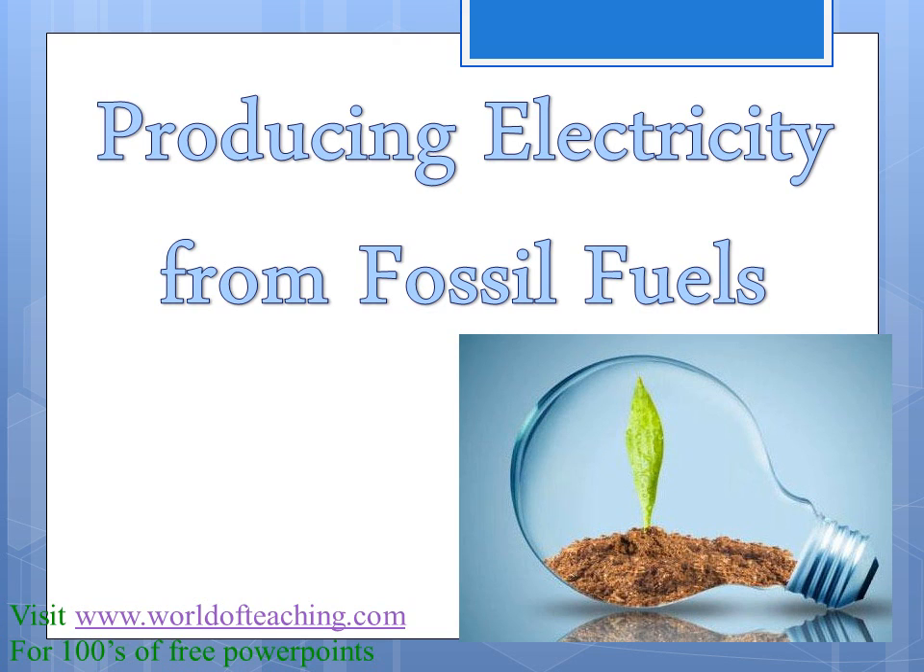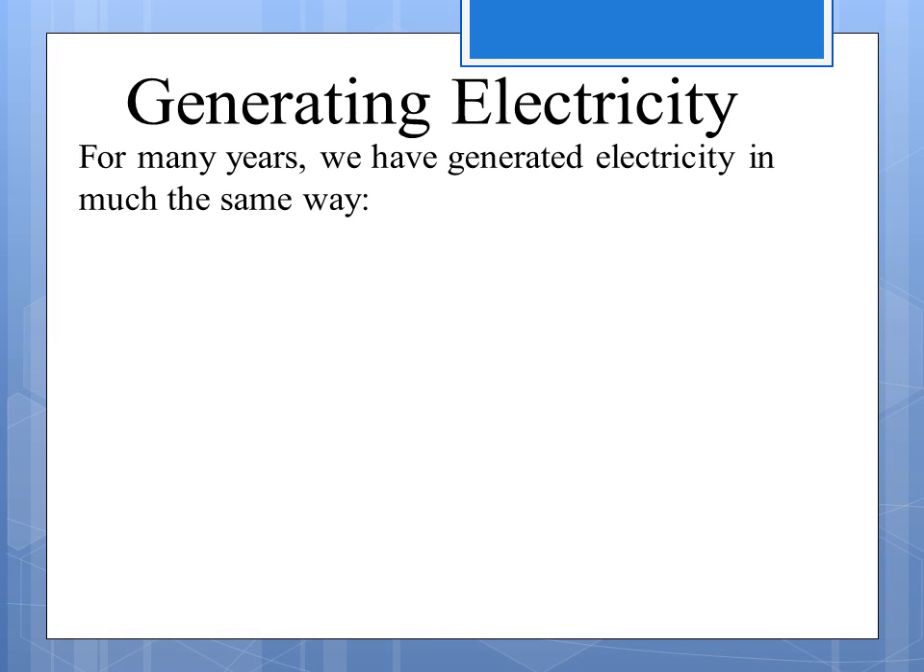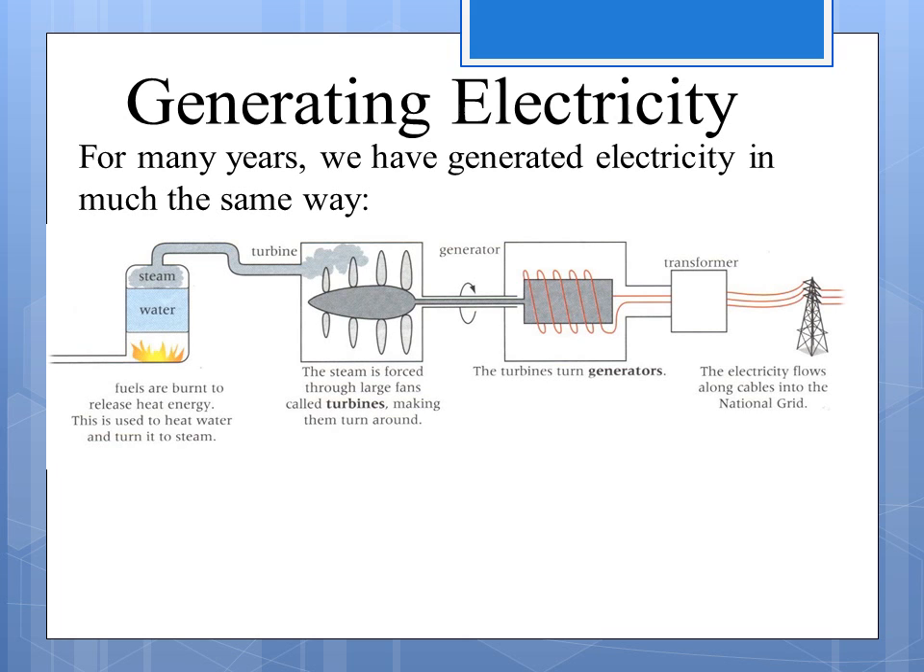So in this video, we're going to talk about producing electricity from fossil fuels. For many years, we've generated electricity in the same way. You burn a fossil fuel, and that releases heat, which boils water and makes it into steam. The steam is forced through a pipe, and it makes a turbine turn,